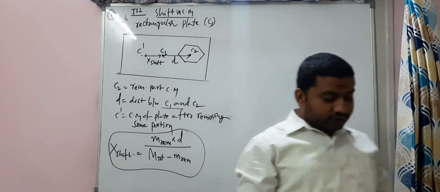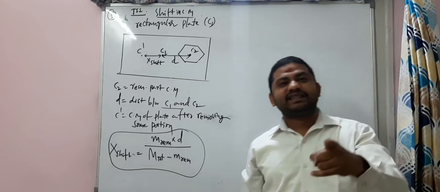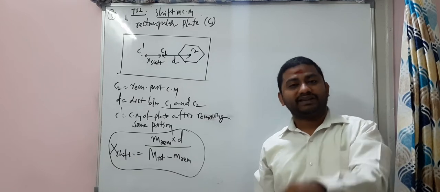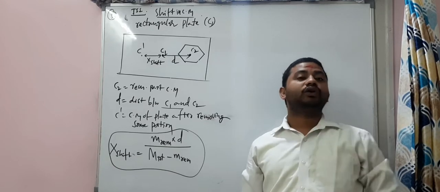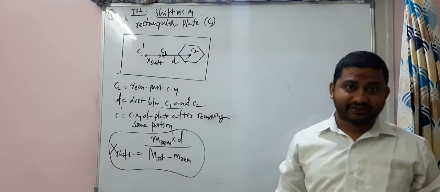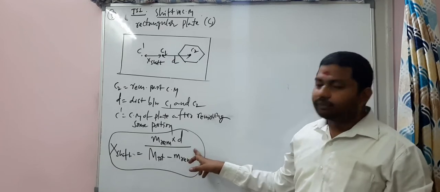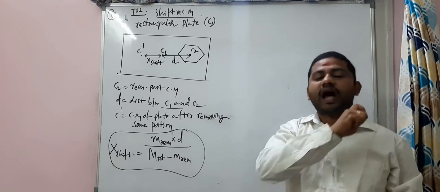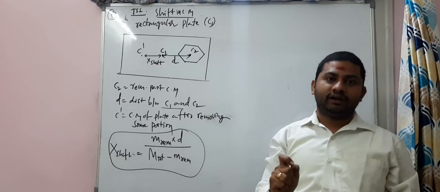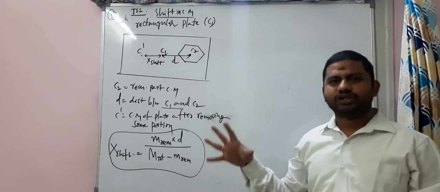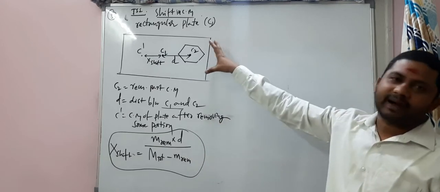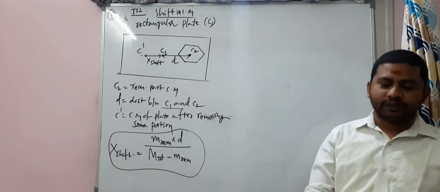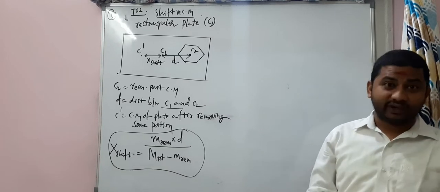Of course, you get this formula by using X CM is equal to M1x1 plus M2x2 by M1 plus M2. From that formula only we could derive this, but it's not required for us. So remember this formula and you can solve whatever question is given up to the advanced level. Any question related to the shift in the center of mass, you can solve. And let's see one or two numericals so that you will understand and gain confidence.